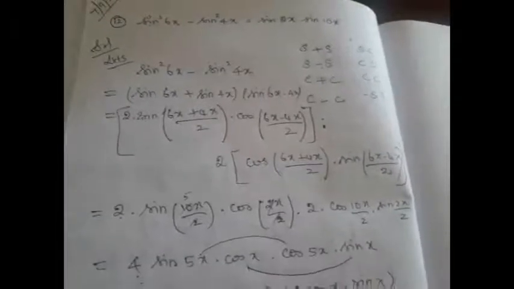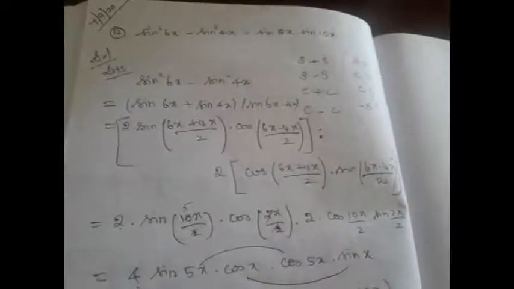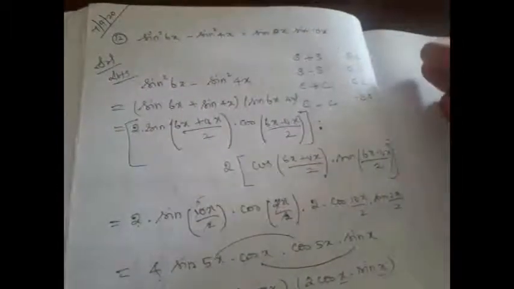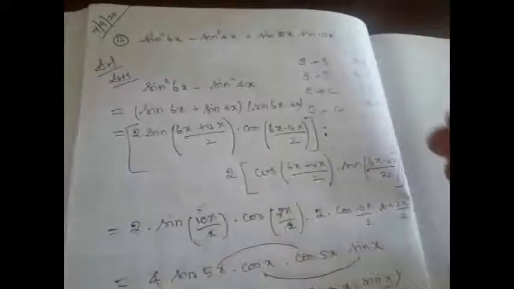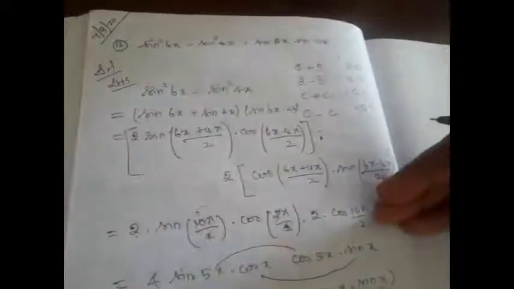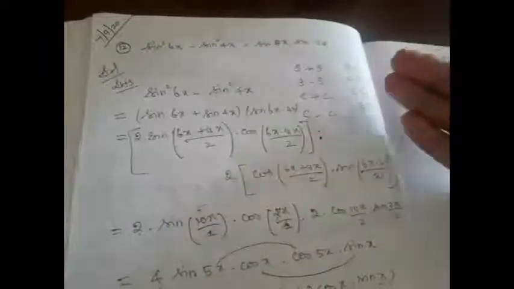Yes, hope you understood. All these things will come only after regular practice. If you keep on practicing more problems, you know from which step to arrive and where to use which identity. That kind of familiarity you will acquire only when you do more problems, right? Always keep an eye on your right hand side and your left hand side, in the sense of what you need to prove and from where you have to start. After completing a few steps, you should have an eye on your right hand side so that you know how to proceed further.